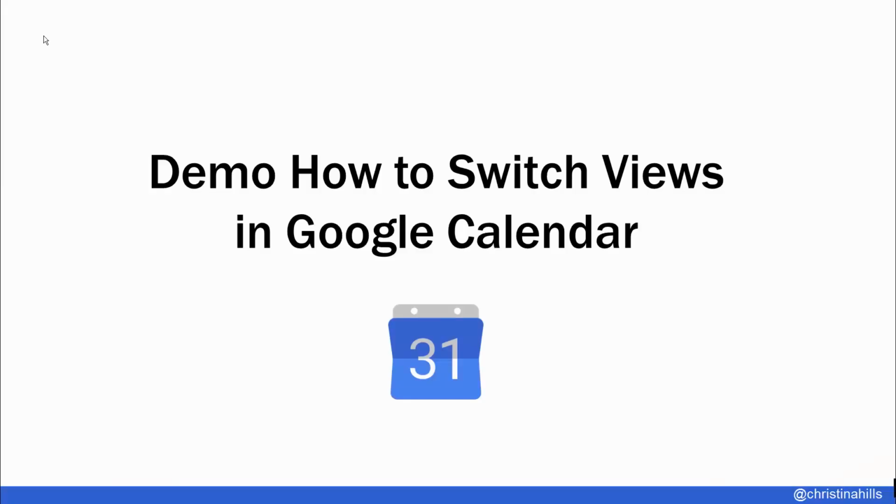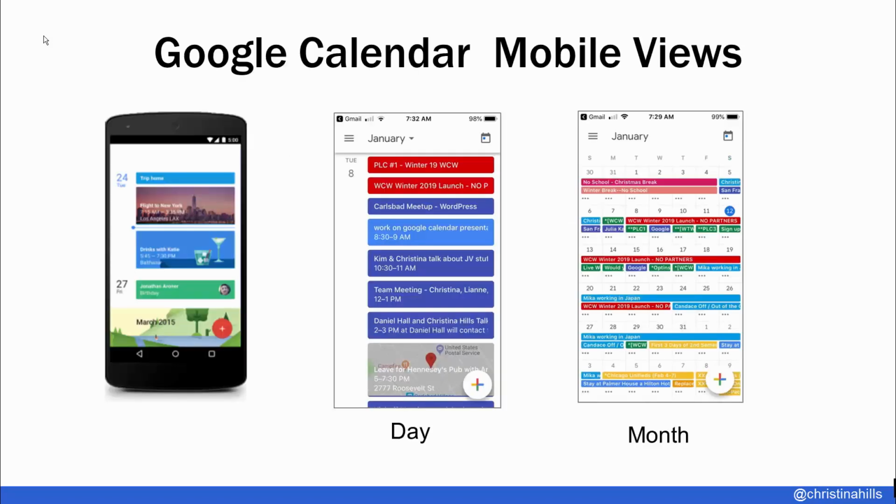All right, so I just showed you how to switch views in Google Calendar on my main computer desktop. I want to show you the Google Calendar on mobile views. So this I got from Google. This is a screenshot. These pictures I took myself. So when you add something, either adding it on your phone or adding it on your desktop, it updates everywhere